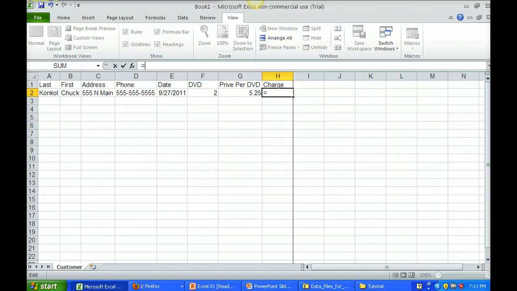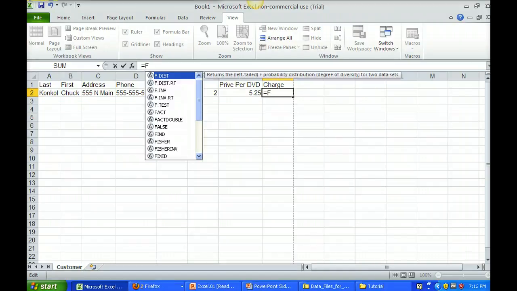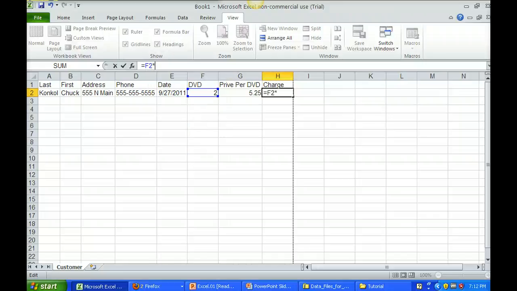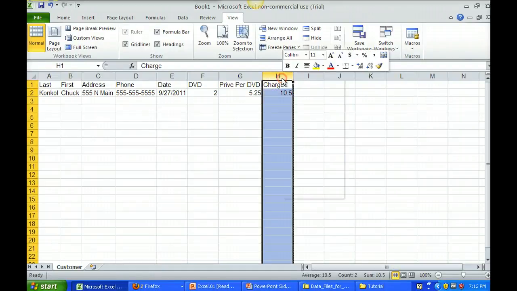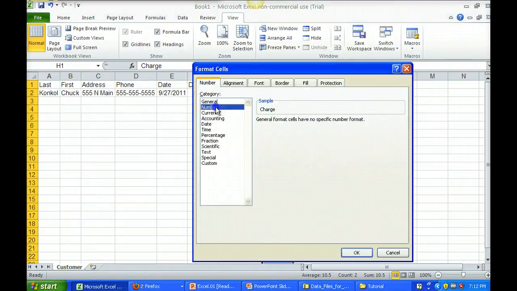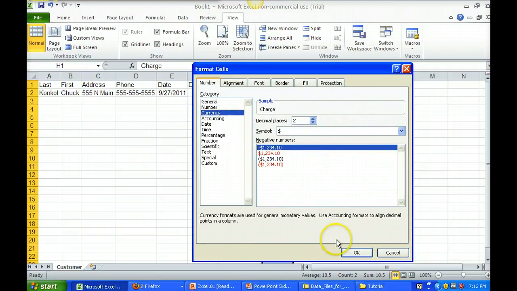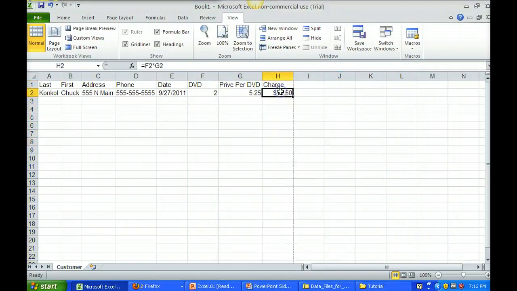Right now it looks like F2 times G2, and I'm going to go ahead and take this whole column and format it. And again, I'm just jumping ahead a little bit just to show you how easy this is, and we'll be learning this. And I've just formatted this whole column to be